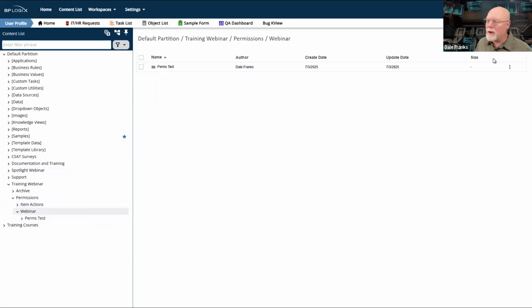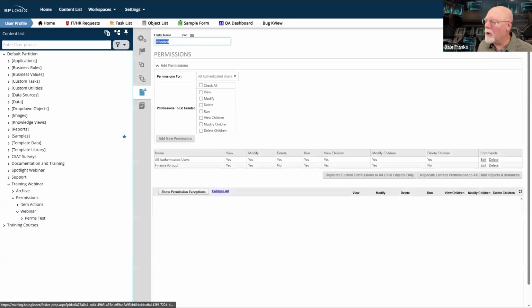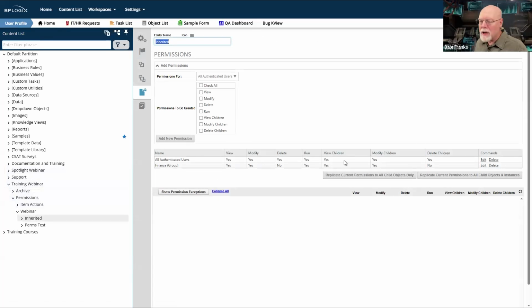If I go into here and create a new folder and call it inherited, and I hit OK, and I go to its folder properties. Okay, well, great. It has inherited the permissions that I wanted it to inherit. So every time I create a new object, I'm a happy camper. I'm getting the proper permissions, and I never have to think about them again in most cases.